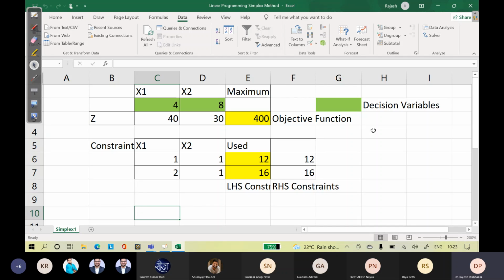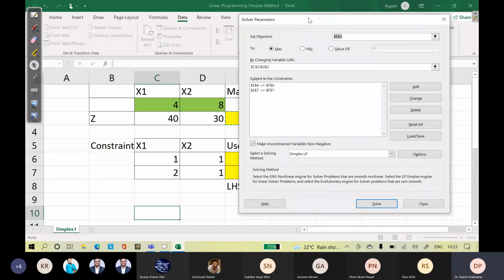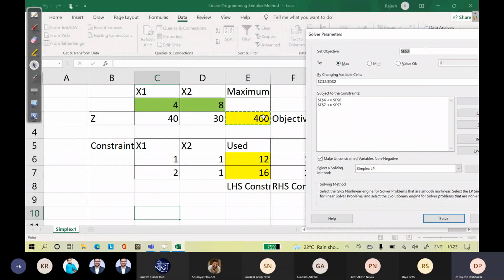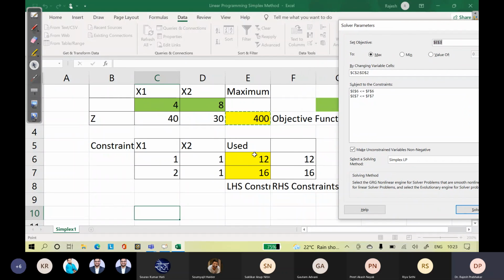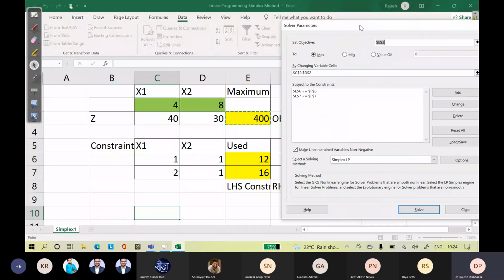Sir, so can you please repeat the solution in Solver? So I'll repeat it. First, click on Solver. You have to first select the objective cell as the empty cell next to maximum 4030. Select that empty cell. Let it be maximization. We are maximizing the function. Then by changing the variable cells, you select the two empty cells under x1 and x2. Then you add the constraints, which is this one and this one, less than equal to, and then change the solving method to simplex.